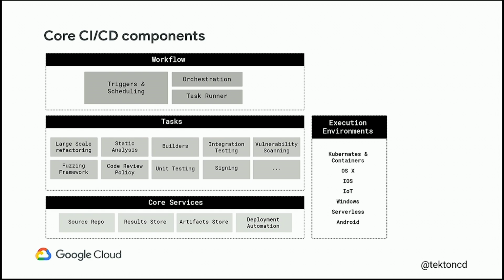But when you squint at all these continuous delivery foundation solutions, at their core, they all start to look the same. They have a concept of source code access, artifacts, build results, etc. But the end goal is always the same: get my code from source to production as quickly and securely as possible. So at Google, we took a step back, and after a few brainstorming sessions, we asked ourselves if we